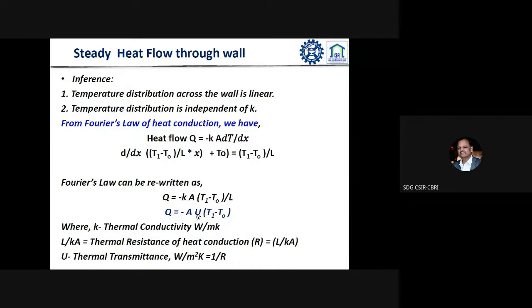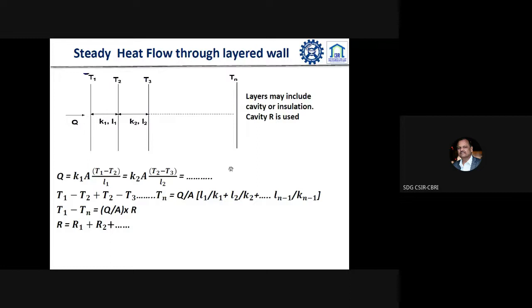Because we have considered that the outside temperature is more, with respect to this minus sign, heat is coming inside. So this is a simple equation with which we are able to find out the heat flow through a wall with respect to steady state. So as we know, the U value, that is thermal transmittance, depends on the thickness of the envelope with respect to different layers, as well as the thermal conductivity property.